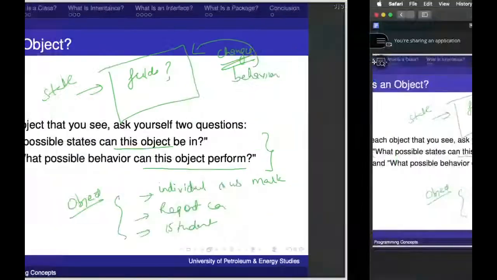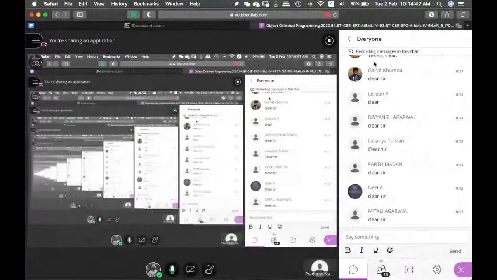Right? So now type in some examples here about some real world objects or any logical objects that you can think of apart from what we have discussed. The object, what could be the state it can be in and what can be the behaviors it can perform. Type in that section. Everyone, if you give one example, see all of us will have 44 examples with us straight away. Think of an object, do not repeat yourself. What can an object be that you can model? It can contain some state and some behaviors. Type in the chat, everyone.